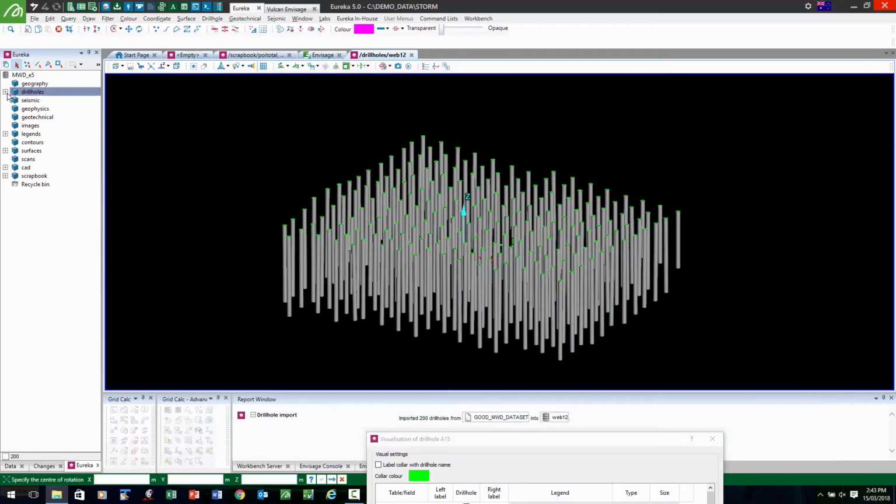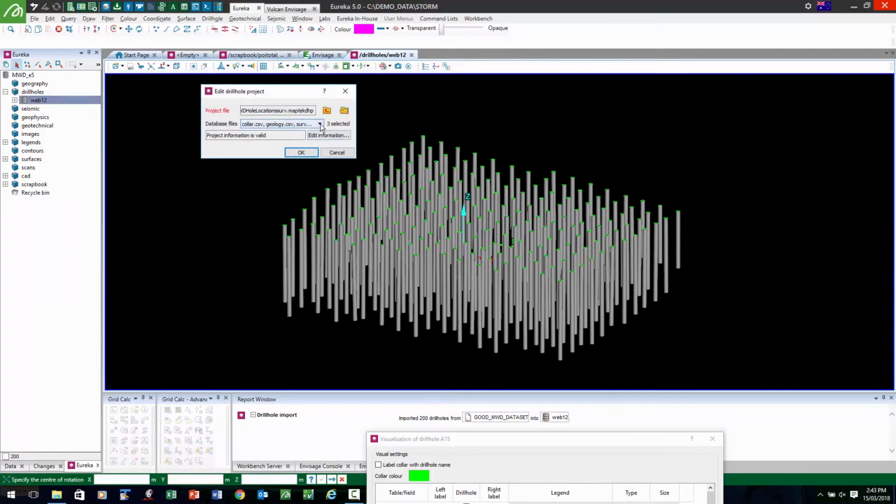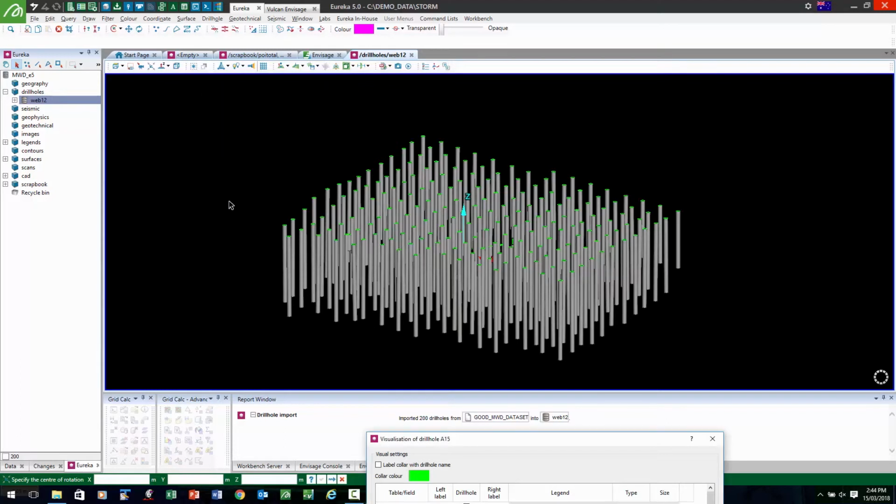And again, to load that, all I have to do is come into the actual setup of the database. And I don't have to go and reload or anything. I just say I want to add this extra information. I can go and check whether that information is in the right format, but I know it already is, so I'm just going to hit OK. So that's actually done it now. If I reselect those holes,